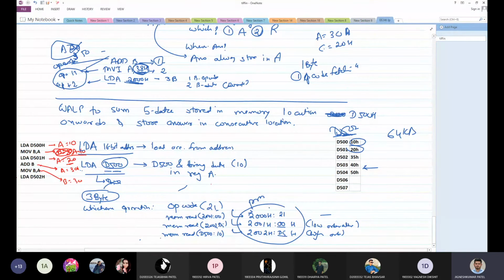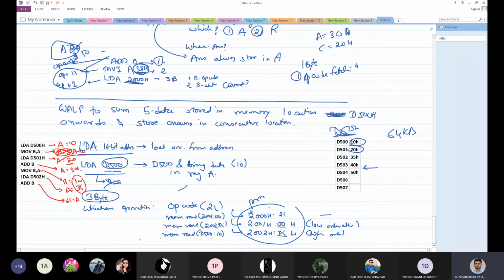Then I am bringing a new number from memory, that is 35. Okay. Now I can perform the sum between these two. So the next instruction would be again add B. Once I add those two numbers, the result would be stored in the accumulator. Whatever the answer is, 65 is the answer.